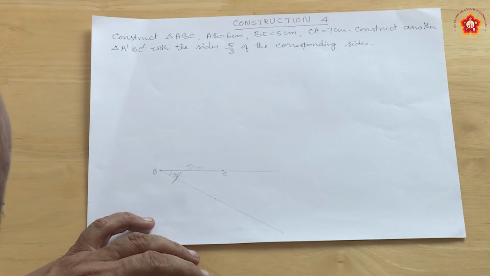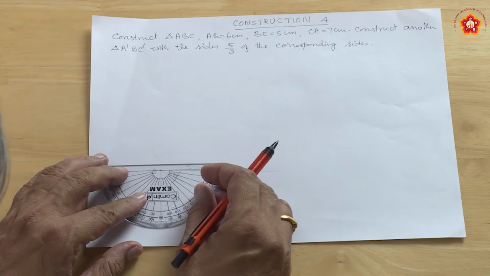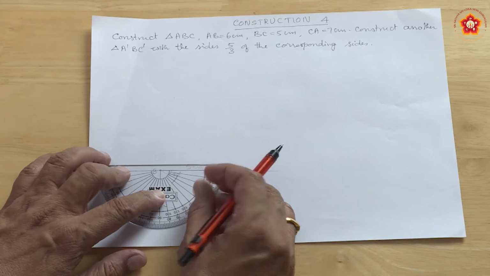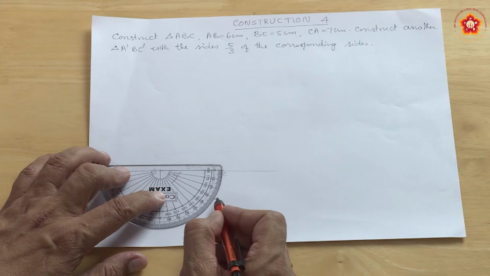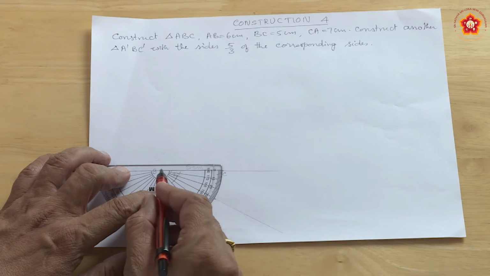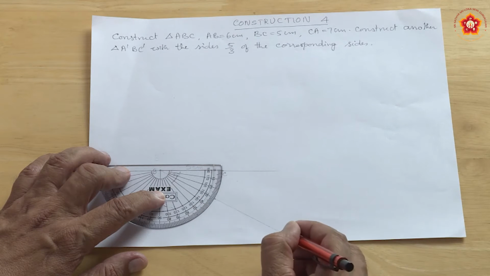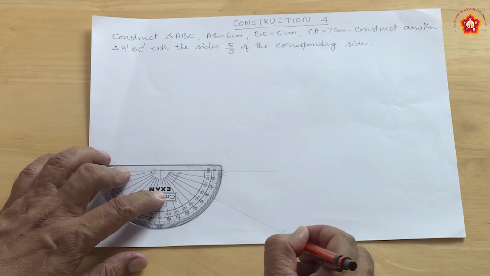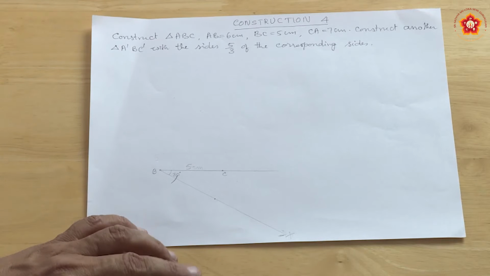Now, as last time, keep the protractor at B and make an acute angle at B. I think all of you know what an acute angle is. This is less than 90, more than 0, right. Now, I am taking 30 degrees. So, you draw a ray called Bx. A ray Bx is to be drawn at the point B.